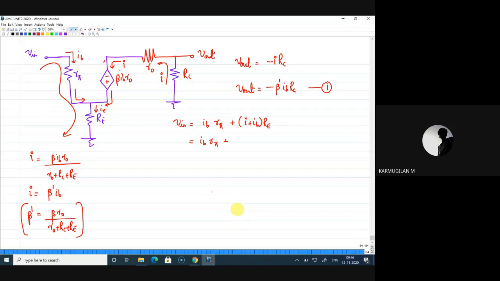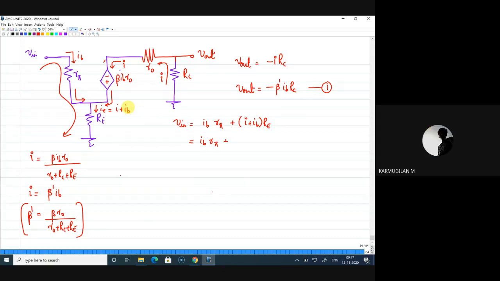Sir, for the first current equation, I is equal to beta IB. In that, why have you taken the current through RE as IE? So it will be IB plus IE. Okay, this current is equal to I plus IB, right? Yes, sir. Then this current equation will be wrong, right? Wrong means you have to add extra terms for I. Yeah, we need to add a term there, right? Yes, very good. Let me check.